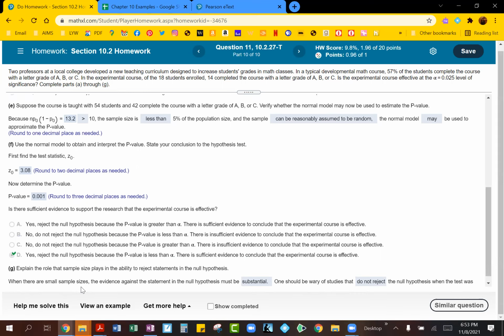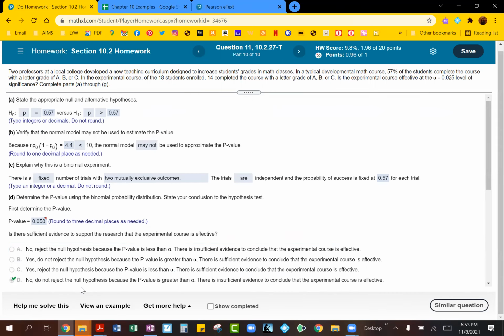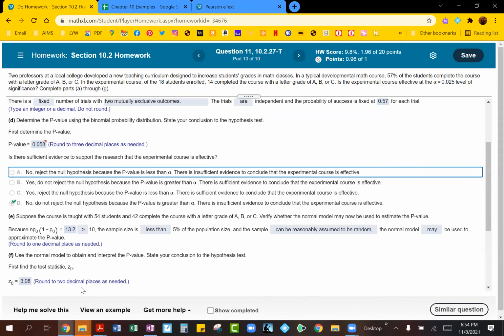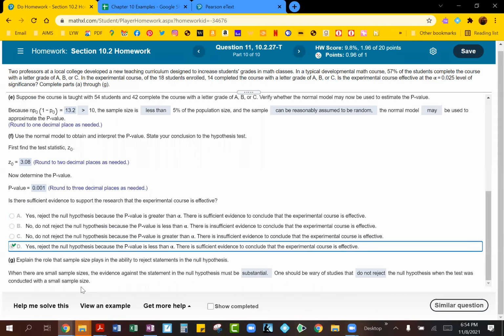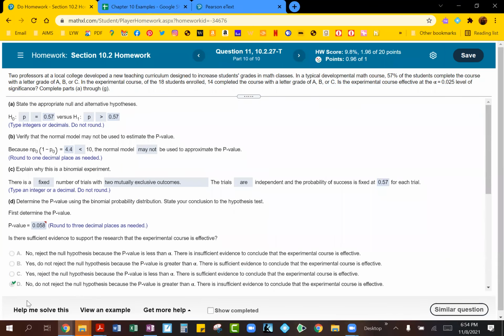So you can see the sample size makes a difference in whether you can use the normal model or if you have to use the binomial experiment for that, and then what kind of results you can get from a small sample size to a relatively larger sample size. So I hope this kind of helps you to walk through the example and kind of see how we can come up with these